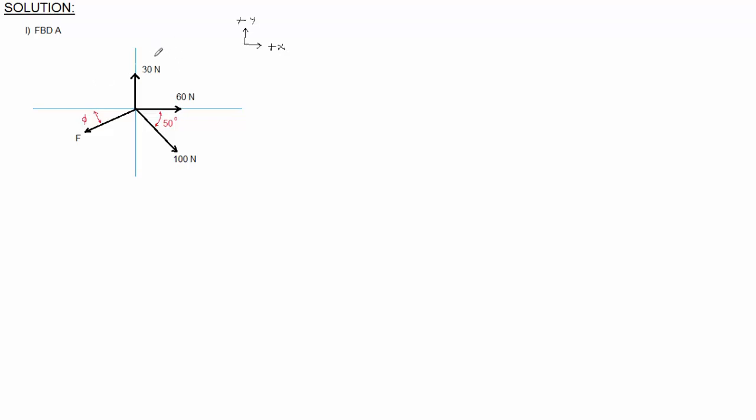What you need to next do is label all the forces. So I'm going to call this 100 Newton force F1. The 60 Newton force I will call F2. And the 30 Newton force is F3. We also need to label angles, and this 50-degree angle I'm going to call alpha. The reason I chose alpha for this 50-degree angle is because it goes with F1. At this point, all of my forces and angles are labeled in my free body diagram, and I can continue